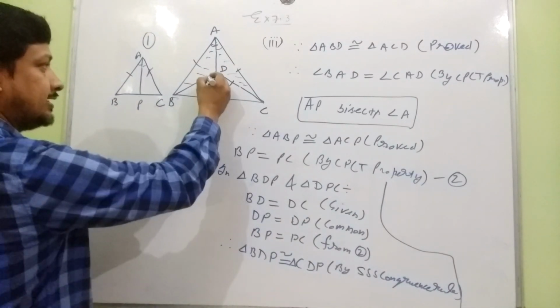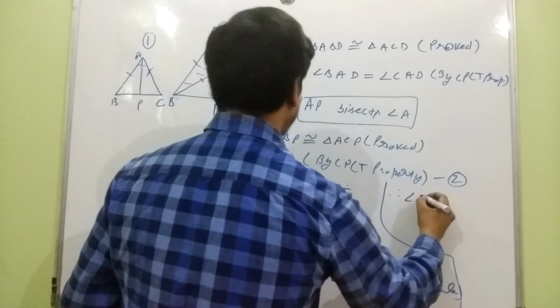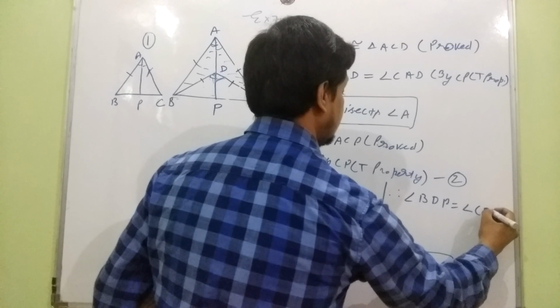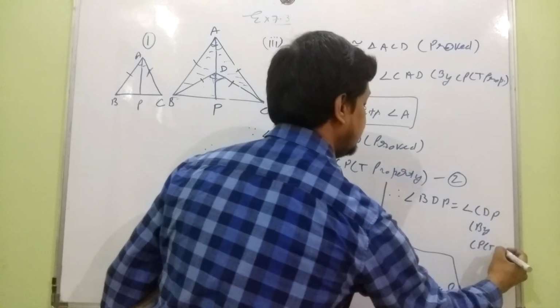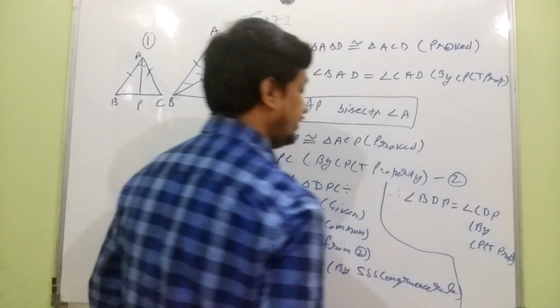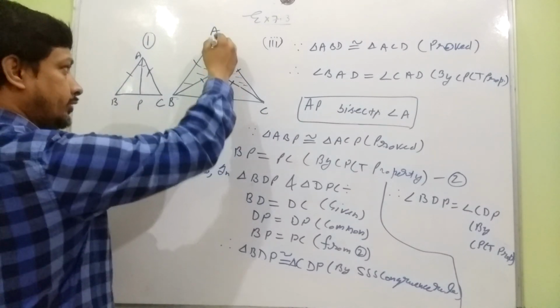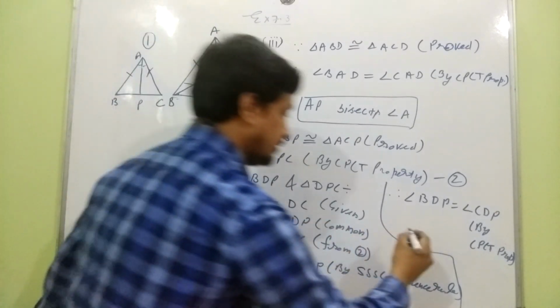So by this we can say this angle is equal to this angle. So angle BDP is equal to angle CDP. It is by CPCT property. Okay, so this angle is equal to this angle. So AP bisects angle D also,